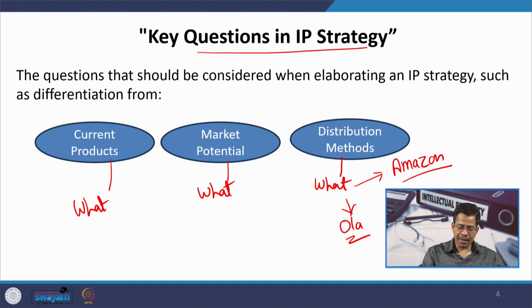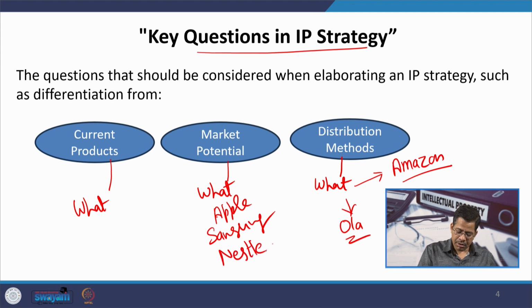Some of the companies are more prominent because of the market potential. So, companies like Apple, Samsung, Nestle, Amul, they will like to have their IP around products which are having trademark efficiency. So, we already understood what is the trademark related IP portfolio. All these companies, because they are directly dealing to the market, they will be looking for more trademark related